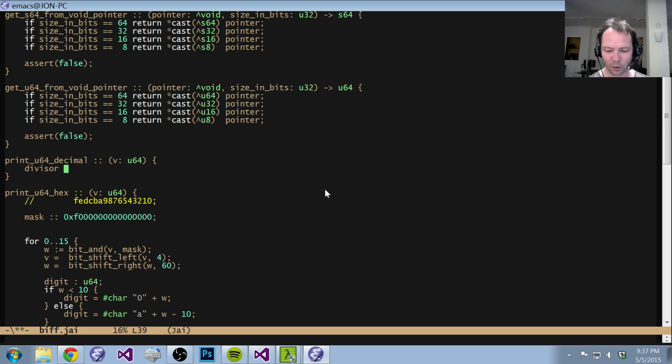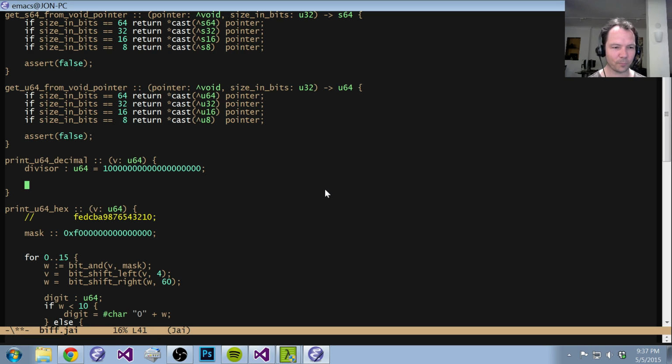So divisor is going to be 10 to the 19. Well, we'll specify for clarity that it's a U64. 10 to the 1, 2, 3, 4, 5, 6, 7, 8, 9, 10, 11, 12, 13, 14, 15, 16, 17, 18, 19. Okay. So we're going to say while divisor